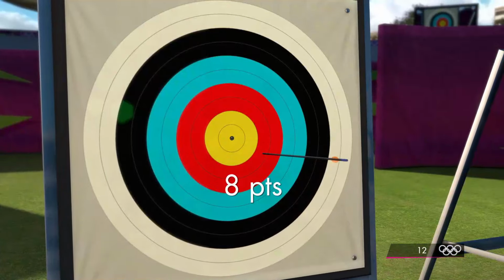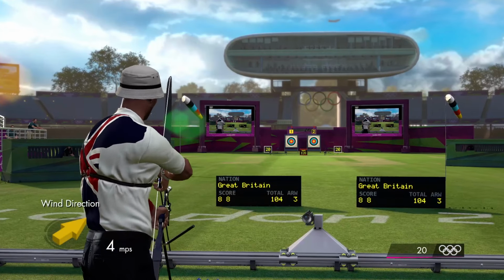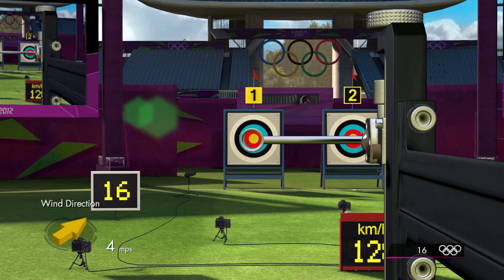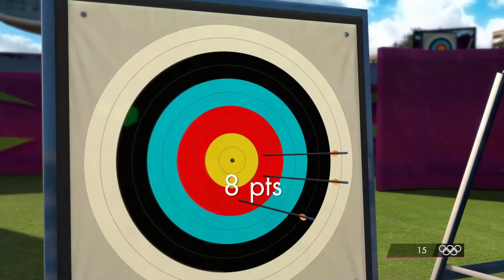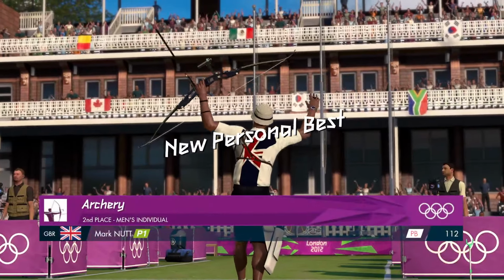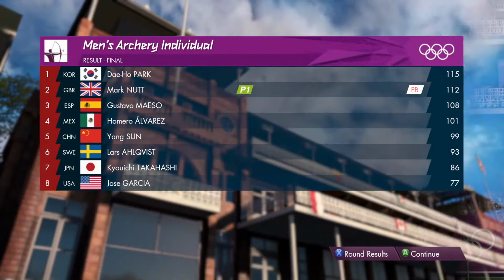Just outside the yellow, that's worth 8. This is the penultimate arrow in the Olympic final. In the red, not bad. Last arrow, pressure's on. That's 8 points for the inner red. Here's the replay. This athlete has plenty of reasons to...